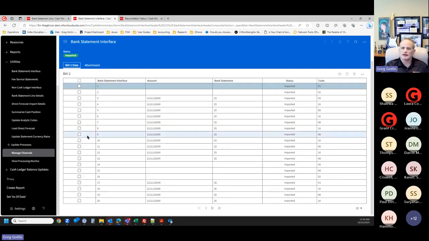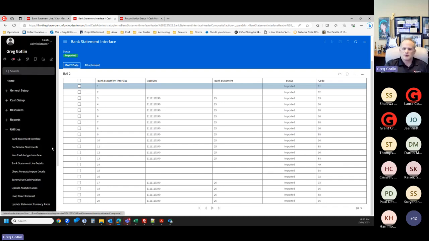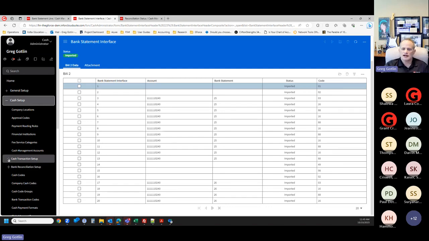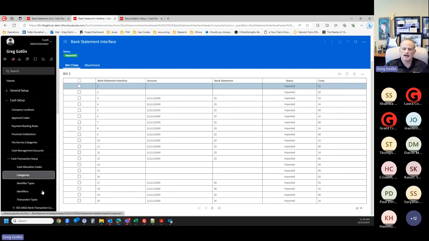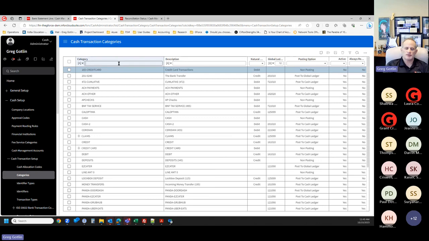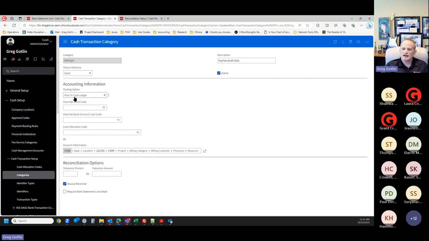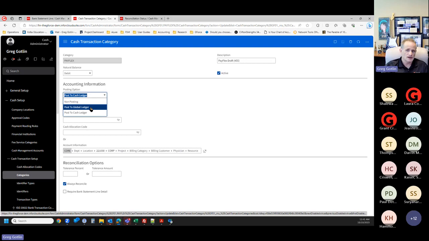I'm going to go over to my cash administrator so I can talk about some of the setup that happens. And under cash transaction setup, I have categories. And that one was PayFlex. So when I'm in here, I'm going to just double click on PayFlex. It says, hey, anytime I see a PayFlex transaction, something gets categorized to PayFlex, I want it to post directly to Cash Ledger. I could also say post it to the general ledger as well,